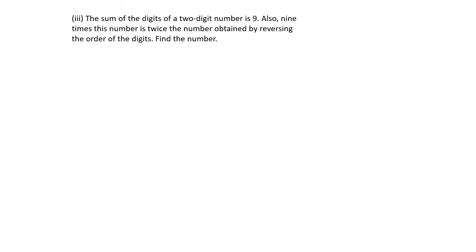Now children, if I take this question: the sum of the digits of a two-digit number is 9. Now listen to what I am writing over here. If I take the number as 54, then the sum of the digits will be 5 plus 4. 5 and 4 are the digits. Answer is 9. If I take it as 45, then also the sum of the digits is 4 plus 5 is equal to 9. So the number can be 54 or 45, but the digits remain the same, 5, 4 and 4, 5.